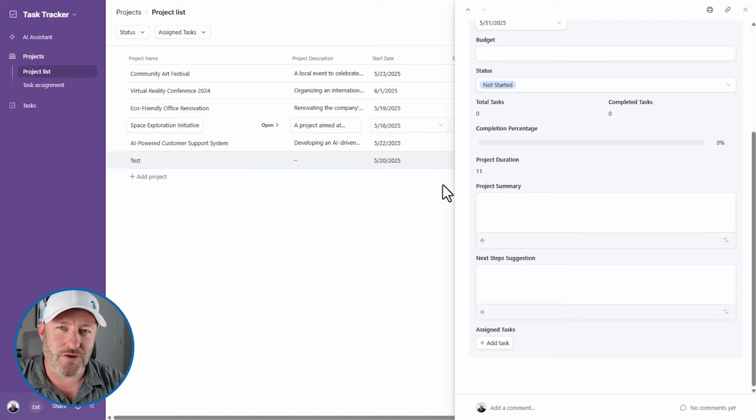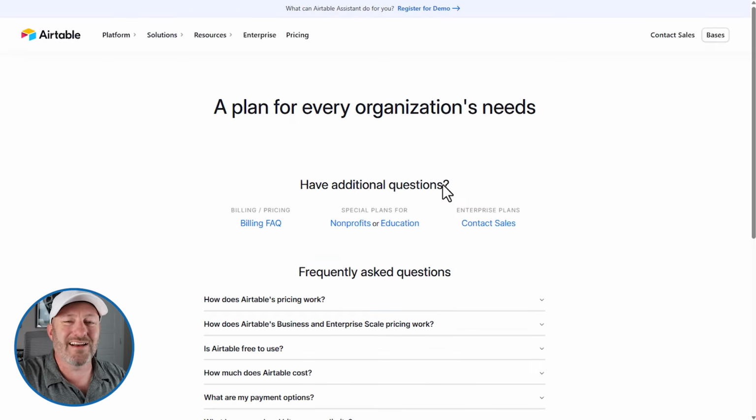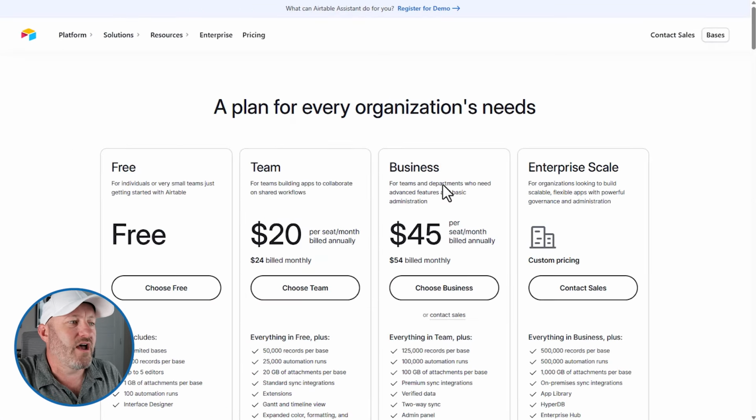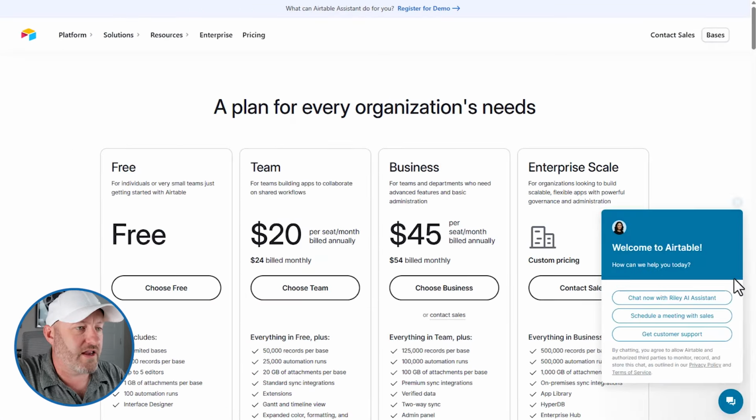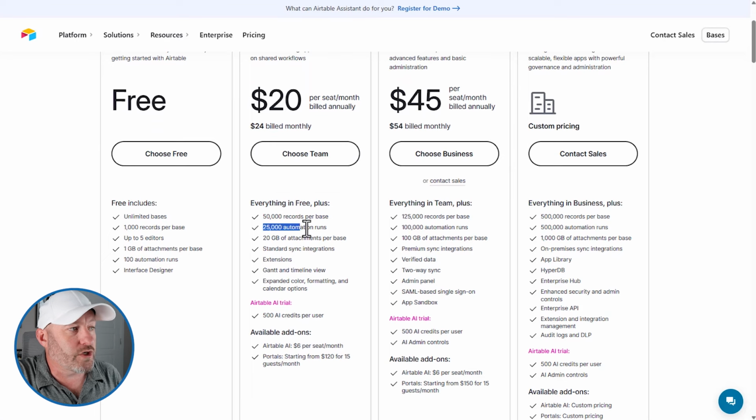Well, my short answer for this is, first and foremost, if you can build it in Airtable, you probably should. And in order to understand why, we should flip over to Airtable's pricing to really get an understanding of why we would leverage Airtable automation before anything else. Assuming, of course, that we are on a team plan, that we're paying something for Airtable, we don't have to be on the high enterprise, we don't have to be on the business, but assuming we're spending something on Airtable, and we look at the automation runs, it's right here, second line down,